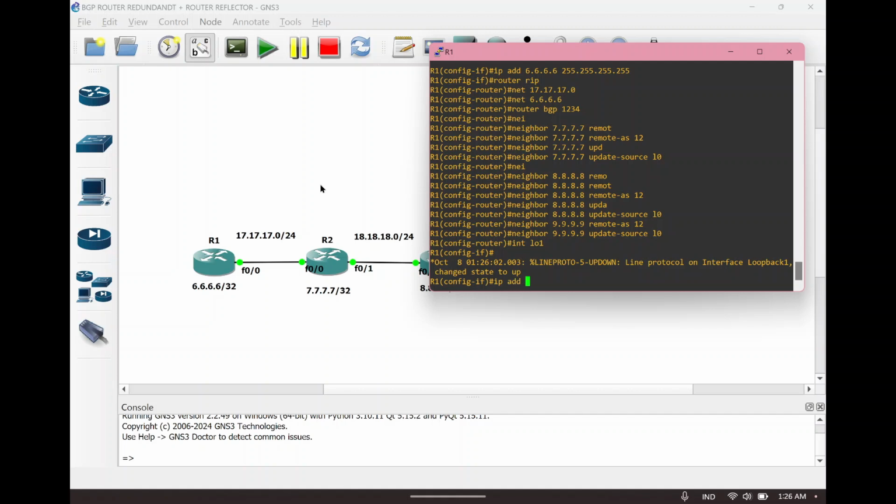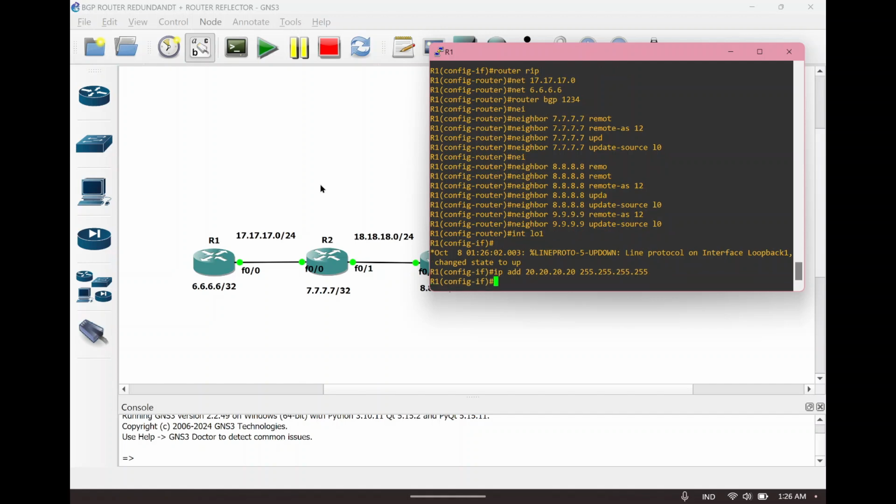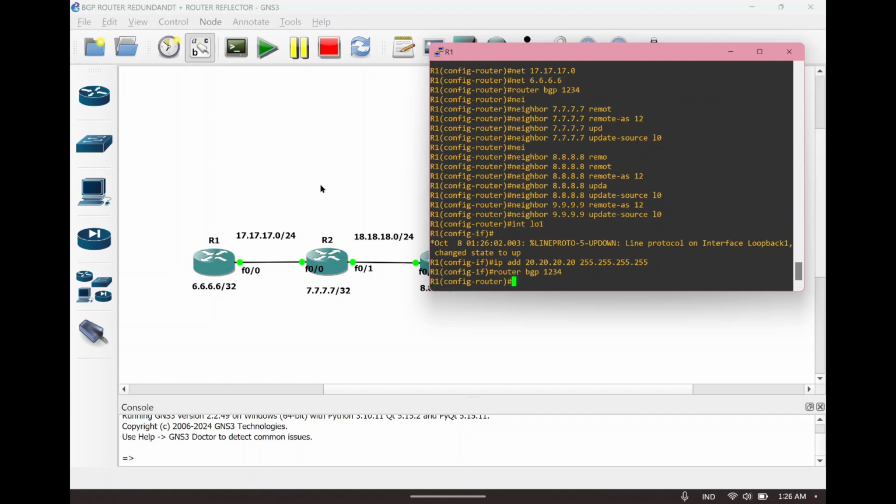So now in here I get the IP 20.20. And don't forget to enter router BGP 1234, and don't forget to enter the network.